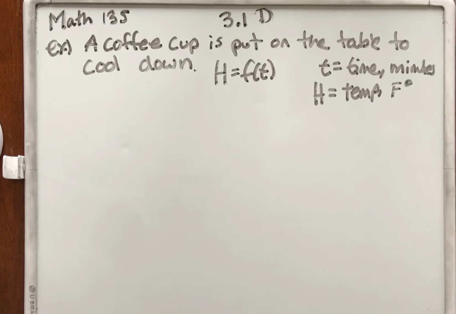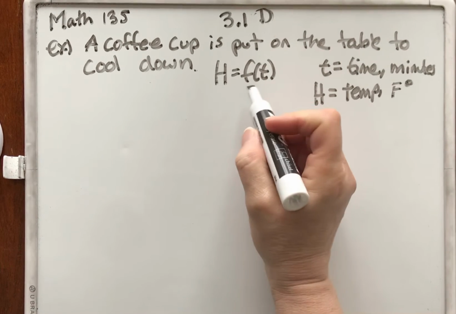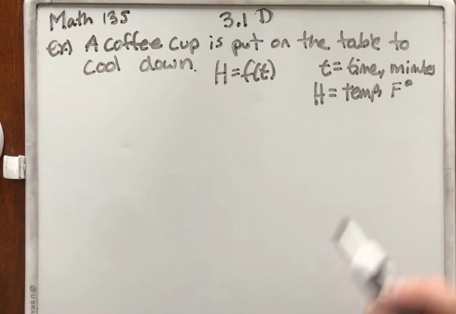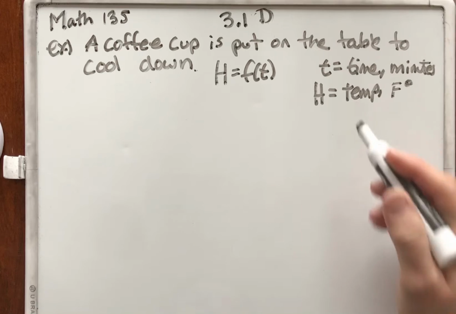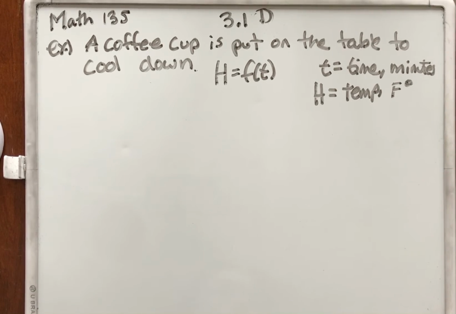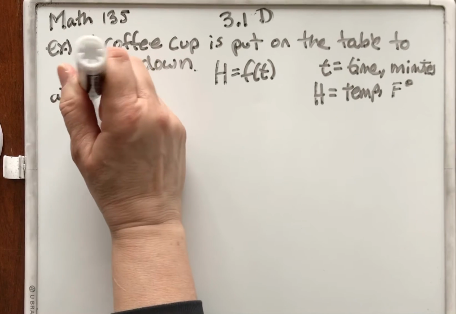3.1D, we're going to look at a different problem. Example: a coffee cup is put on the table to cool down. So we're using this cool down formula, H equals F of T, where T is time in minutes and H is temperature in Fahrenheit. Okay, so first part of this question is interpret